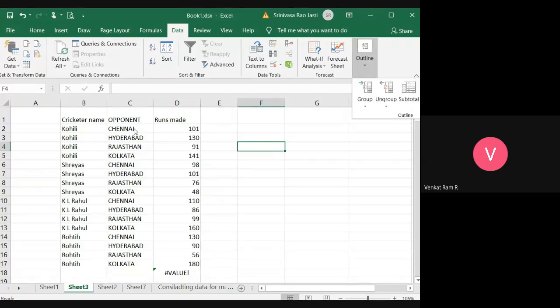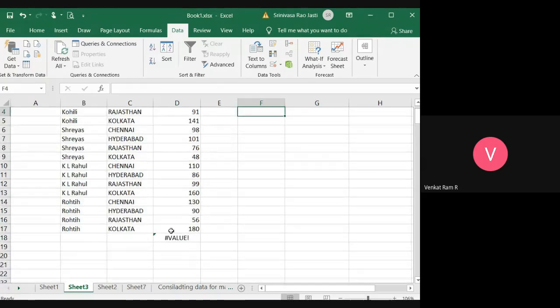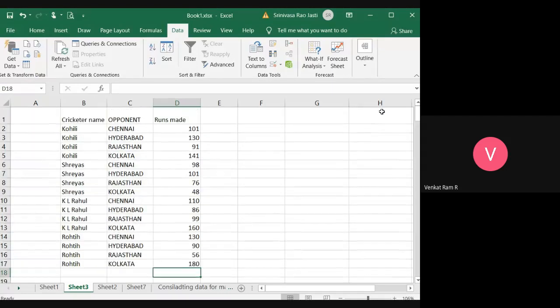See here, if you want to view only those, then you can make it. But if I want the subtotals of all, go to outline.